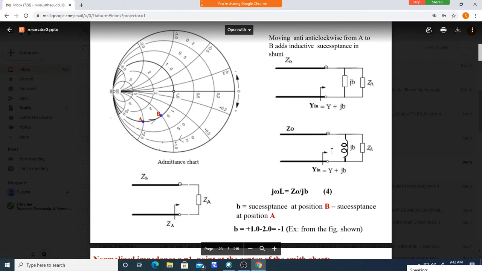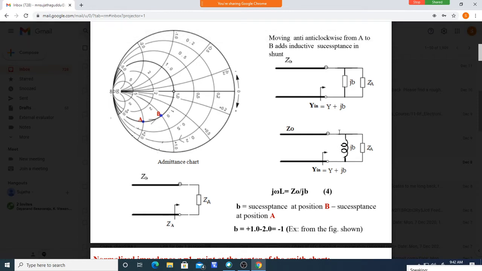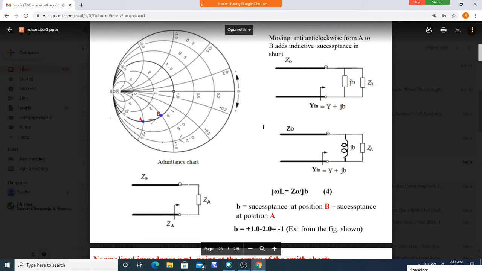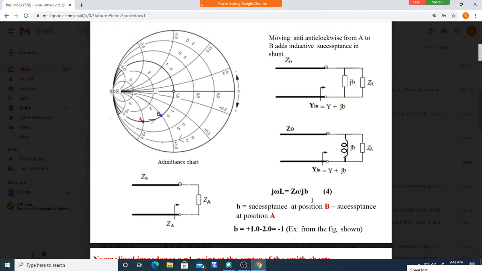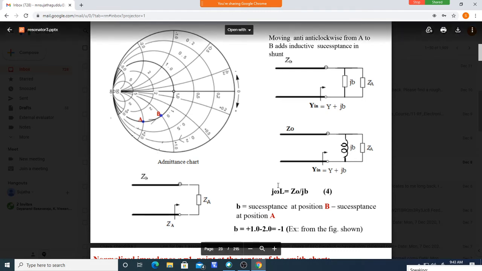Because we are adding elements like an inductor and a capacitor in series, or any combination of these, how do we get the values of those L and C? I have taken this separately and am discussing it. Do not confuse it here; I am just discussing how to find the values.